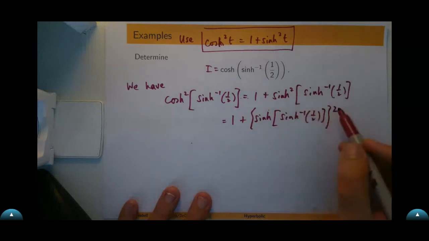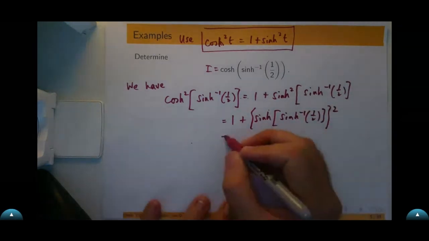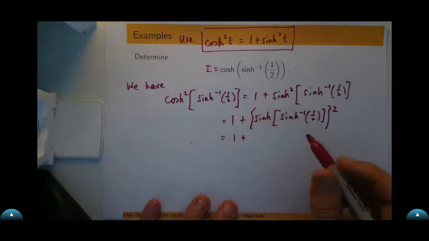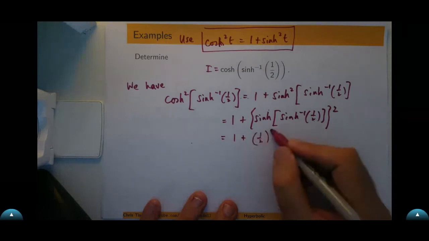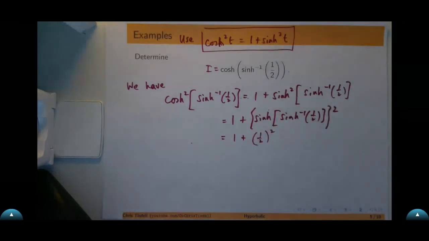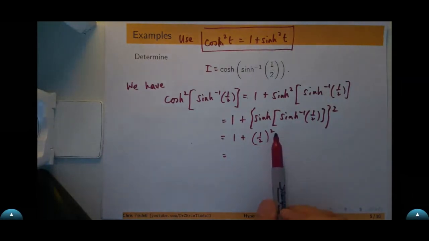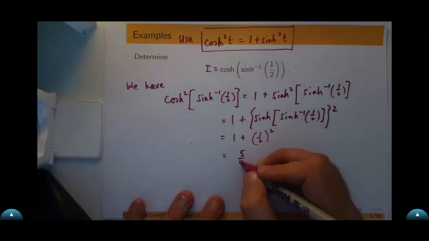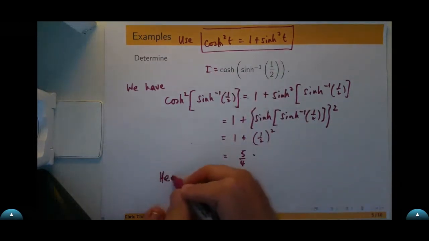Okay, so I've just moved the squared out there just to make it a bit clearer. So this and this will cancel. So it'll be 1/2 squared. So this will be 1/4. So 1 plus 1/4, 5/4. So we've got the cosh squared of this, the square of this. So we don't want that. We want